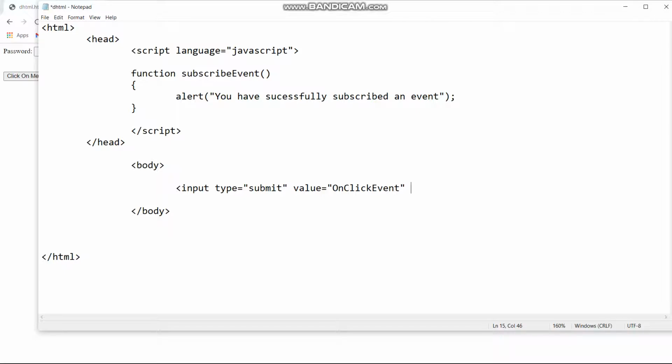Now we need to write the subscribe event function inside onclick, and then close the input tag. I think there is a name left. Yeah, name equals, then you have to write inside it submit. Just copy and paste this submit here inside the double inverted commas